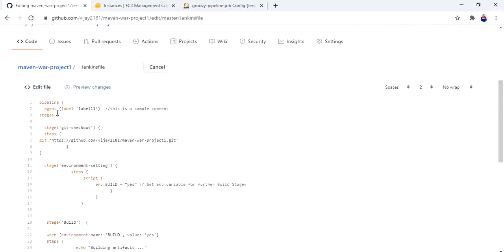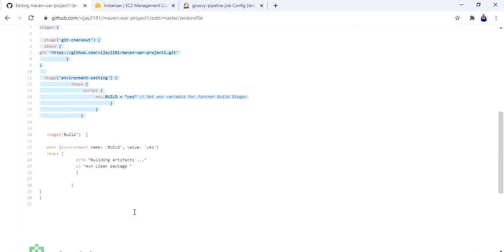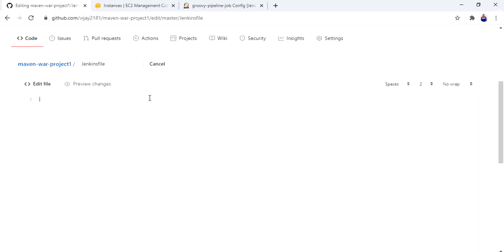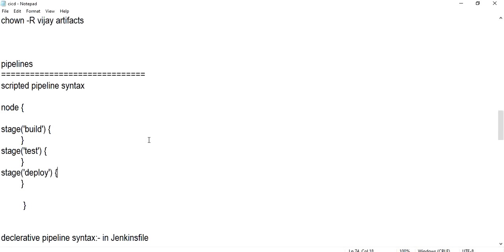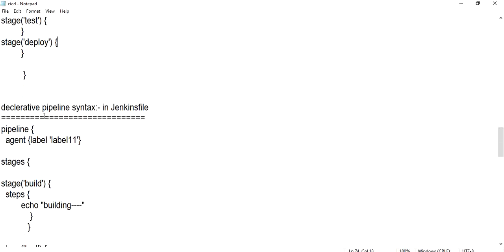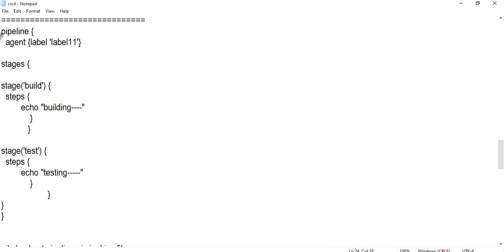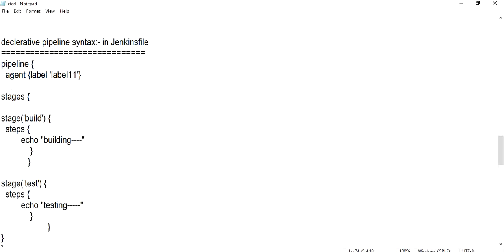This is my previous code. Let me remove this. Okay, I don't have any code in this Jenkins file. Make sure that J is capital, otherwise it won't recognize. Here the first line of declarative pipeline starts with pipeline.